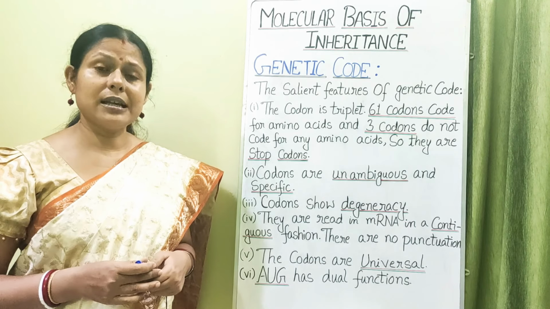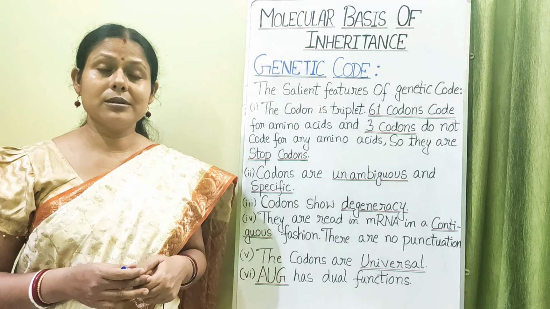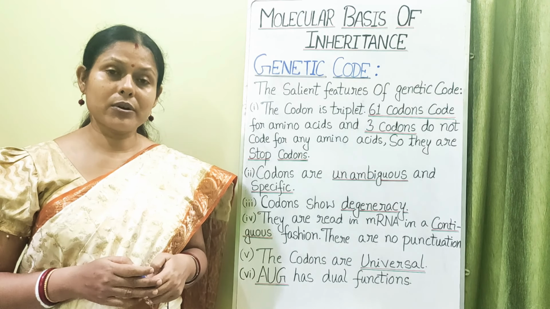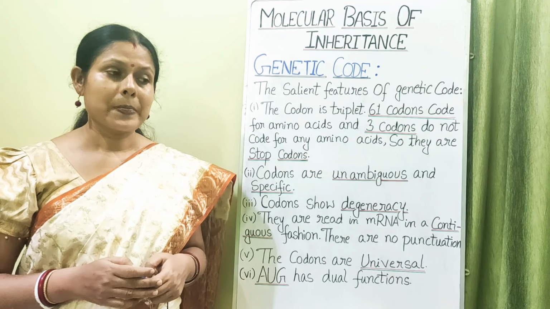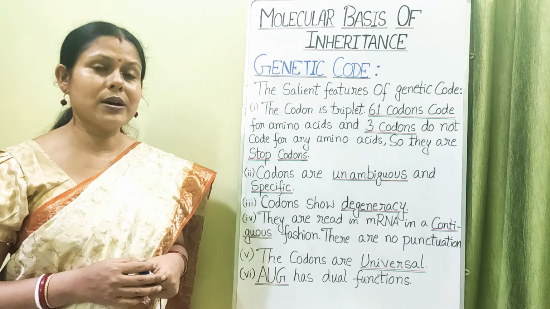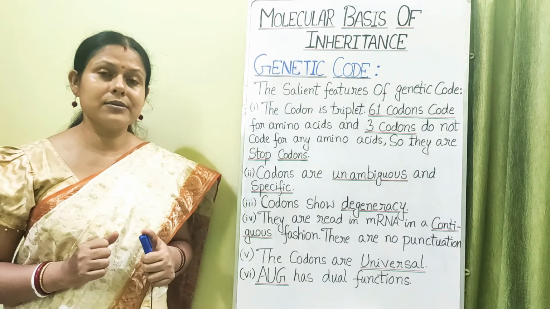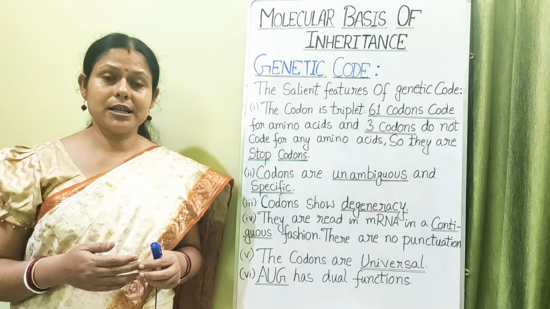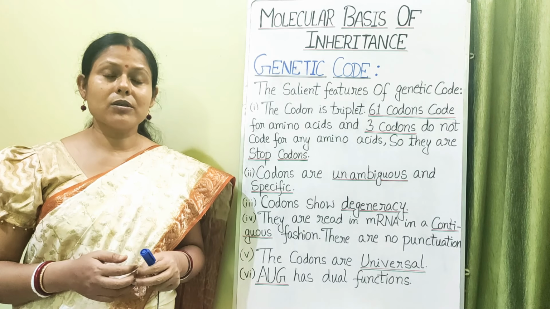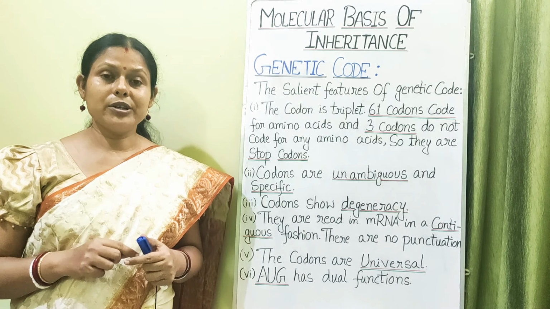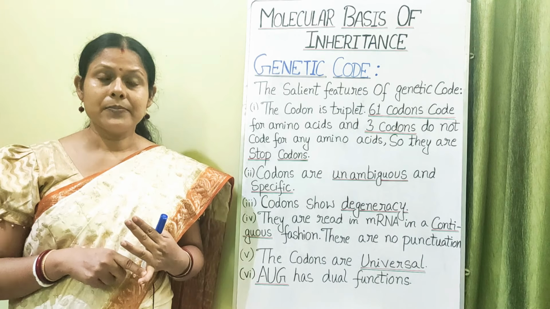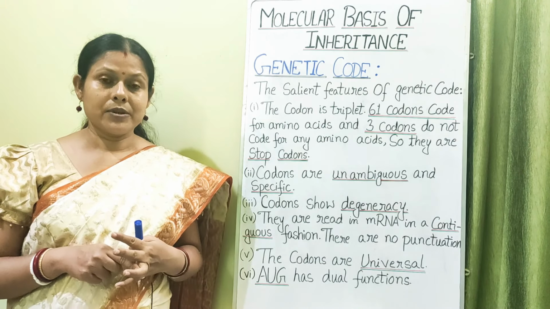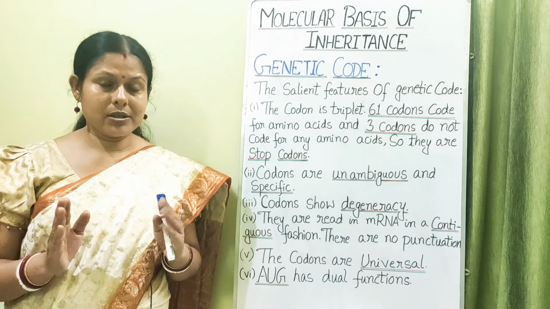In the next classes to come, we are going to read about the translation process, and after translation there is a very important thing called gene expression. Now this gene expression, as I said in the previous classes, has gene regulation at various levels in eukaryotes. The reason is that the formation of DNA from DNA and of mRNA from DNA all takes place in the nucleus. So this is one type of regulation.